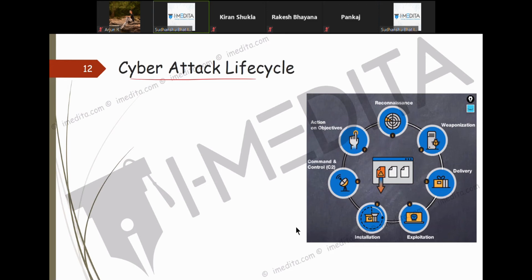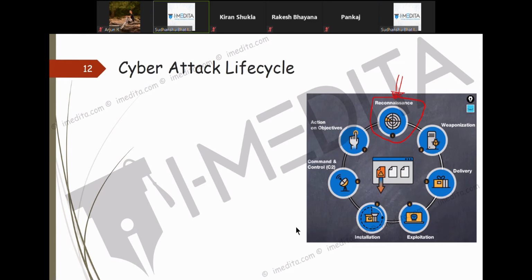Basically, suppose I'm an attacker and I want to attack you. The basic cyber attack steps go something like this: first is reconnaissance, where I try to gather as much information as possible about the potential victim.